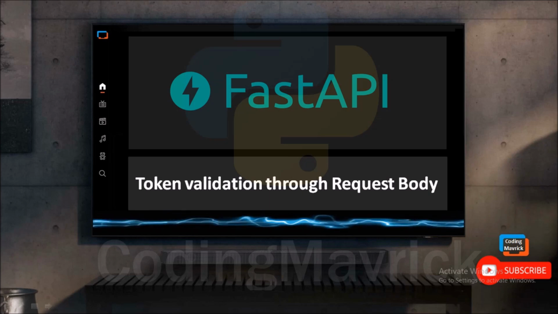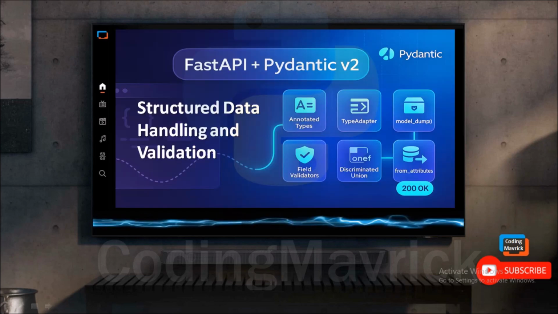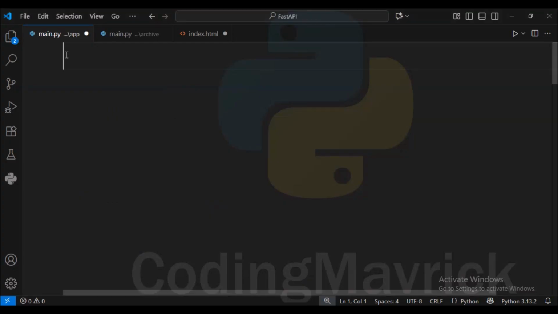Then in the second part, we will expand this idea by sending a full user profile including fields like name, email and age to see how FastAPI handles structured data and validations. By the end of this video, you will clearly understand how request bodies work in FastAPI from simple tokens to more complex objects. Let's start the video.